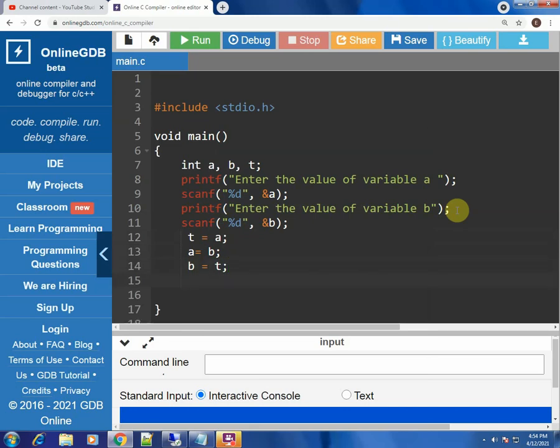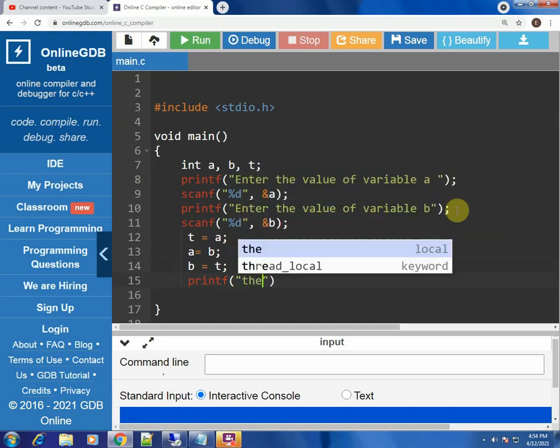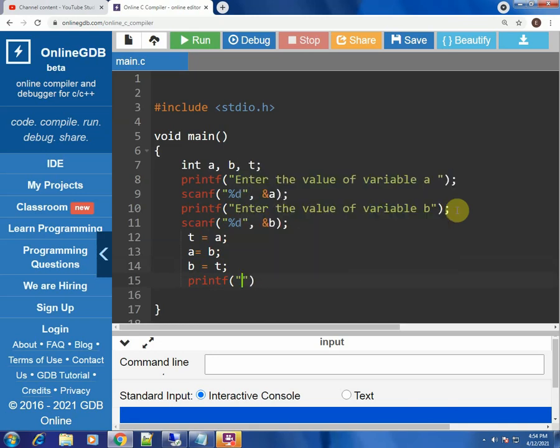Now after this you have to directly print the values of a and b. Why should we print it? Obviously we won't come to know whether the values have got exchanged or not unless we print it onto the console, or onto the output screen. Hence we have to display. So let's directly write a equal to